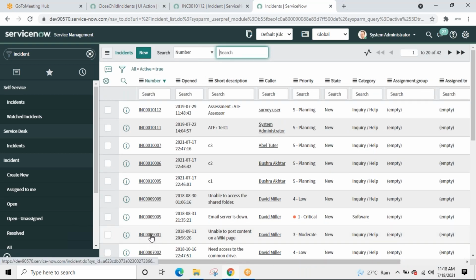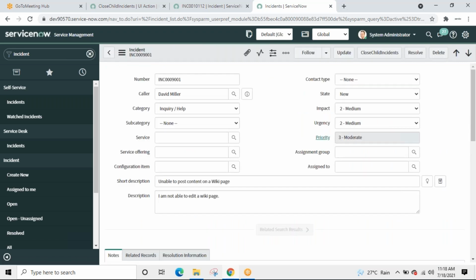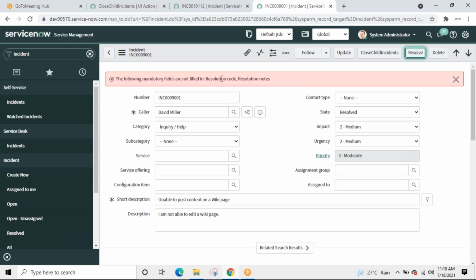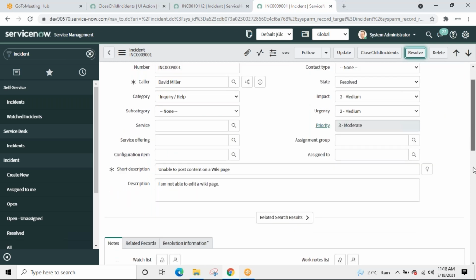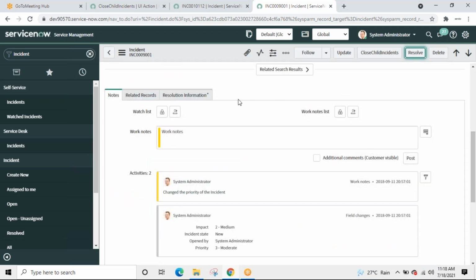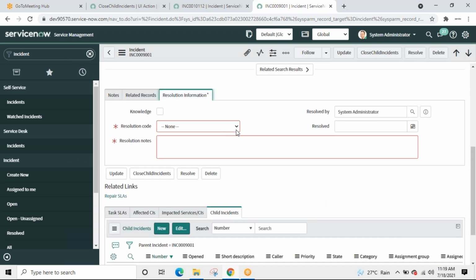If we open an incident, random, if we resolve it like this, it will ask for these 2 things, without which we won't be able to close the incident. So from the backend, if we are going to close it, those validations also apply.